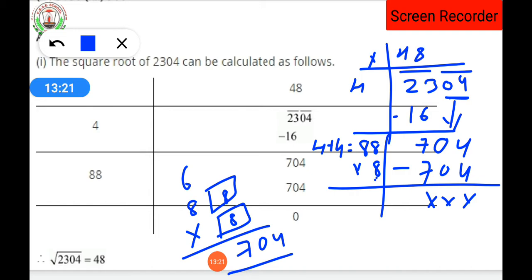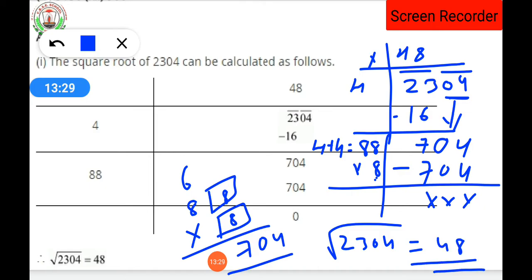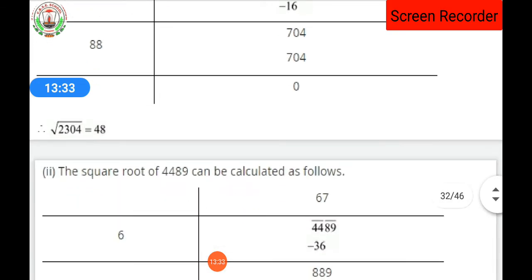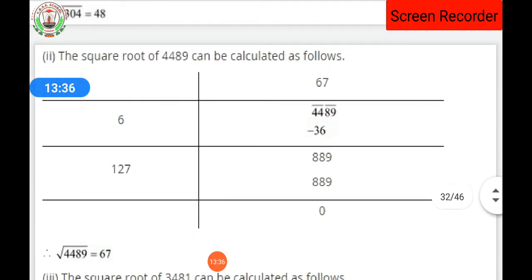Now we can say that the square root of 2304 by long division method is 48, the required answer. Have you understood? Next, the square root of